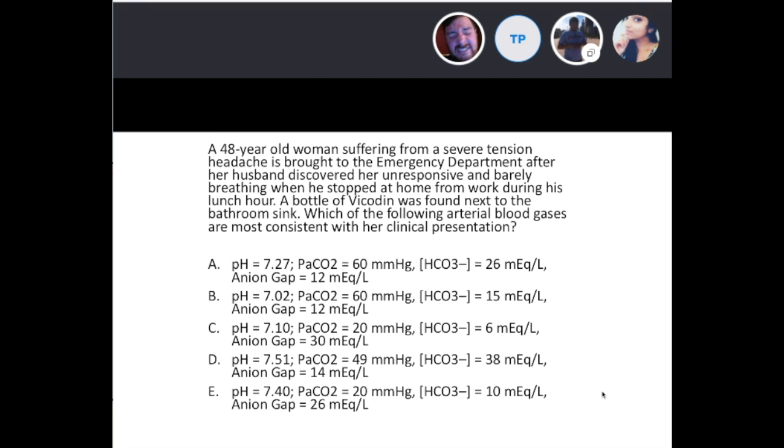Okay, so as a compensation mechanism. But compensation takes time. This lady's probably only been knocked out for a few hours. Well, A or B, I don't know. I guess I go with A because a pH of 7.02 is ridiculous. That doesn't make any sense. That's way too low. A? If it's respiratory, because it's an opioid, right? So you're going to have respiratory arrest. So it's got to be A, respiratory.